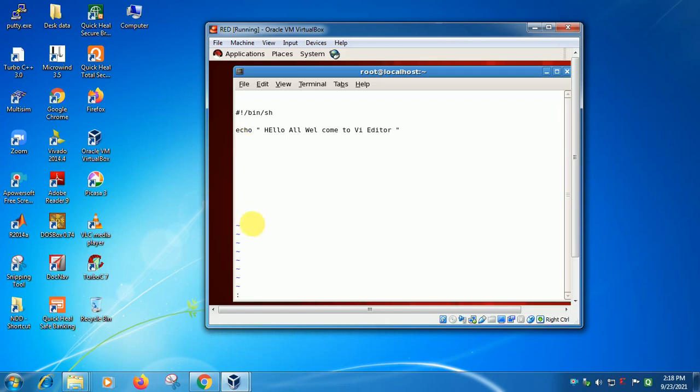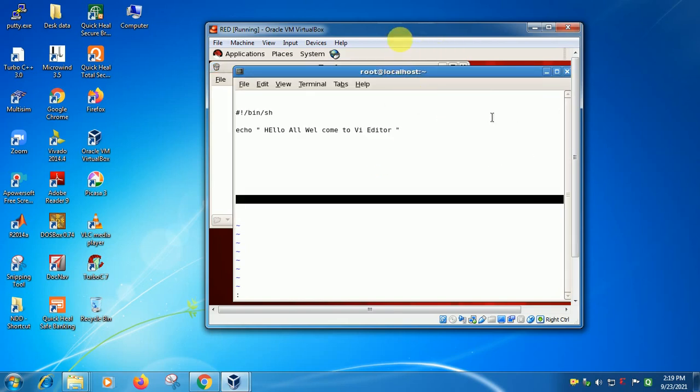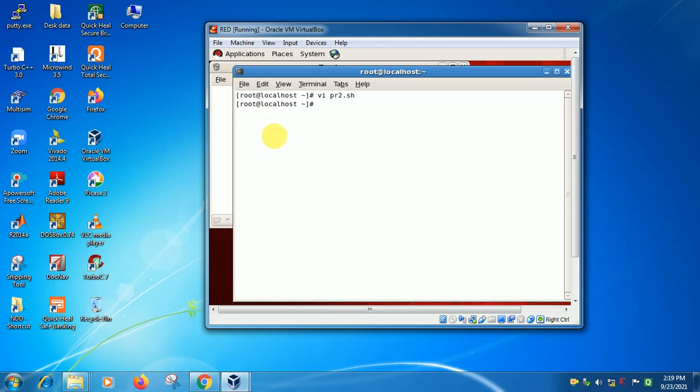Here you can see the colon at the bottom of the file. Then type w for save and q for quit. Save and quit. Our file has been saved.